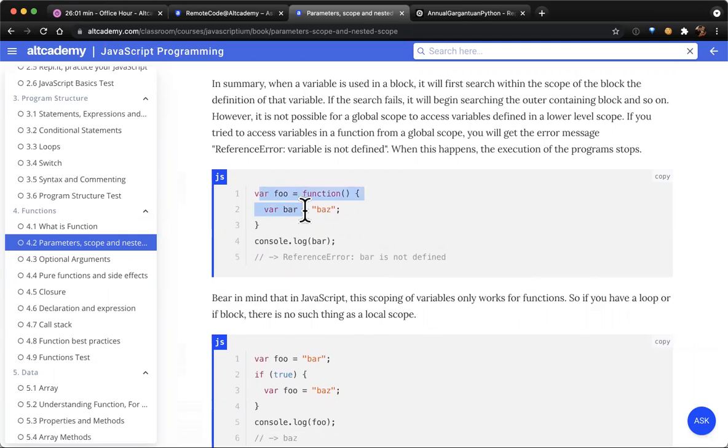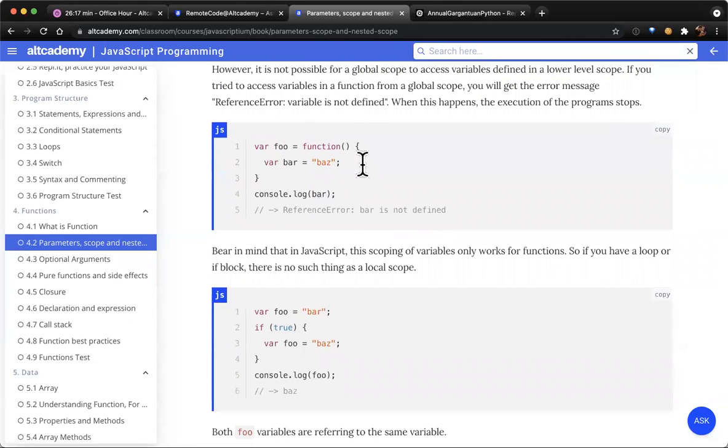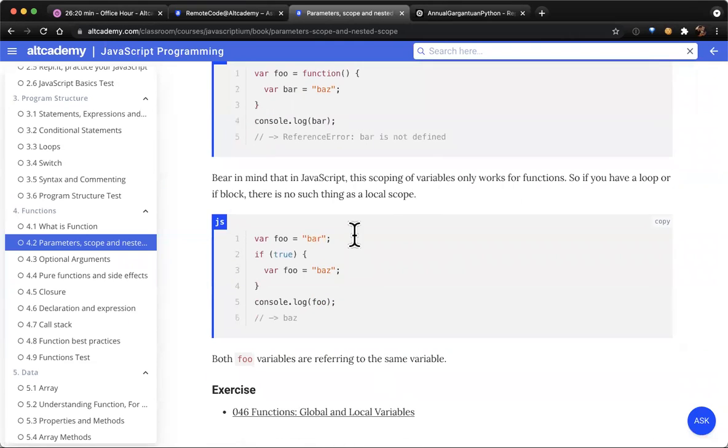So if we try to use a variable that's only defined inside a function, we'll get an undefined reference error. Because it's not in the global scope. It's inside the function's scope. Yeah, exactly.